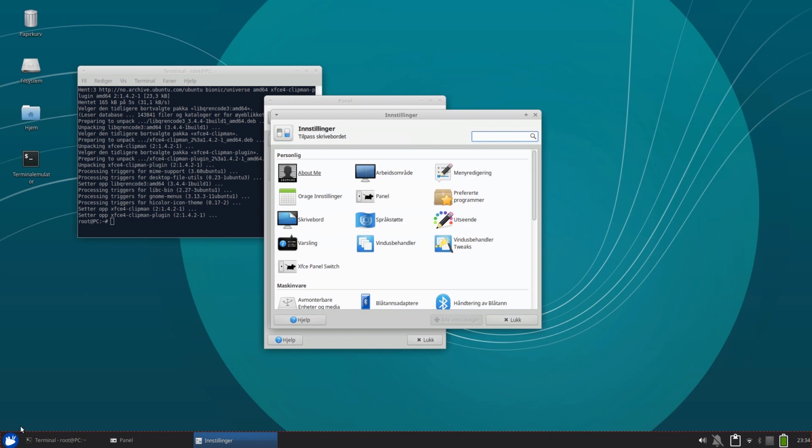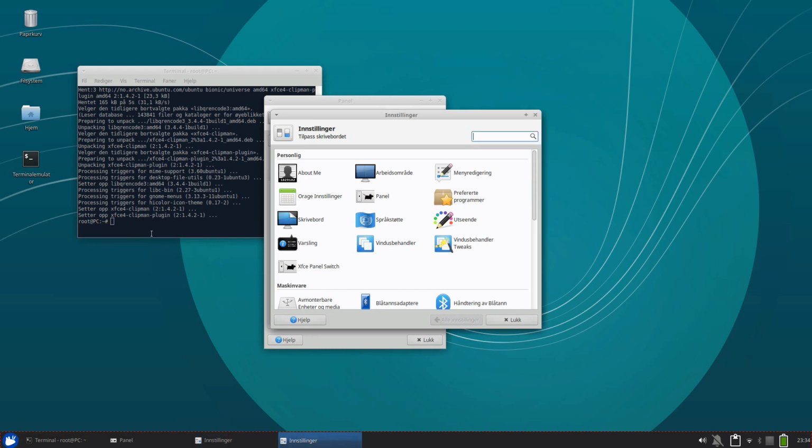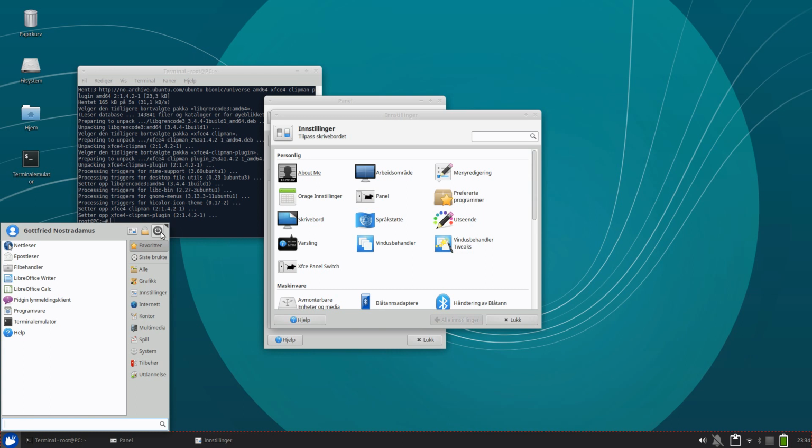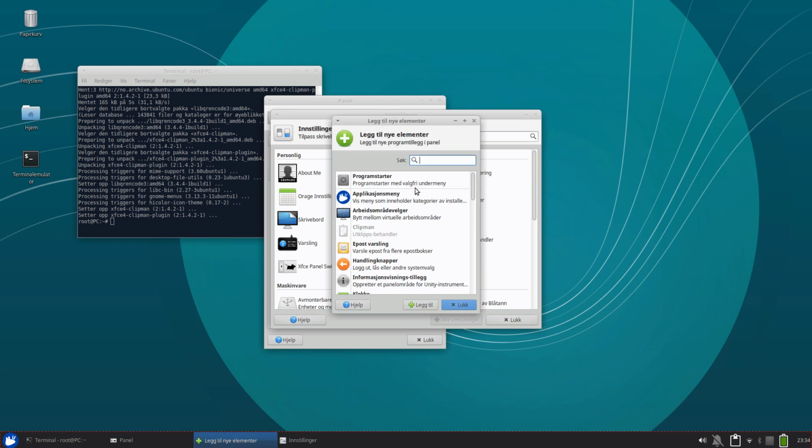Here, what I did now, I chose the programs menu. Here is an annoying picture of a mouse, and all settings here. This is a new, well, not that new, well, quite new menu. I think it's called Whisker or something. Whisker, yeah. And compared to the old one,